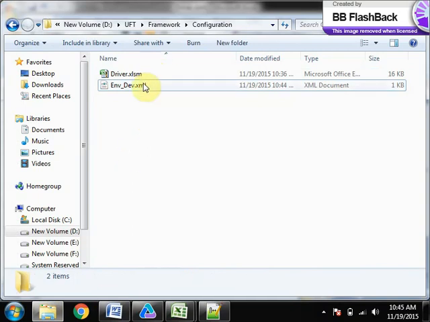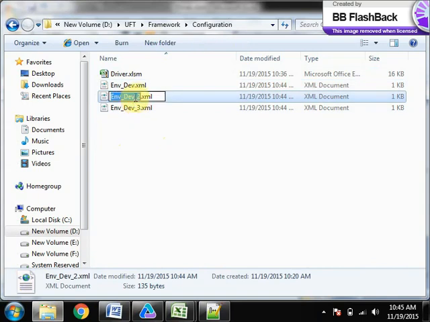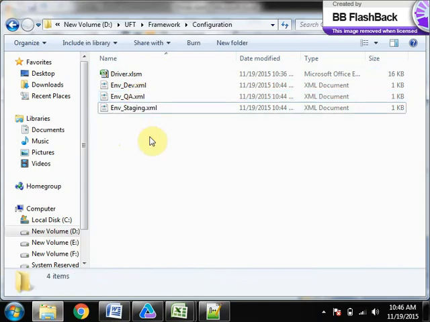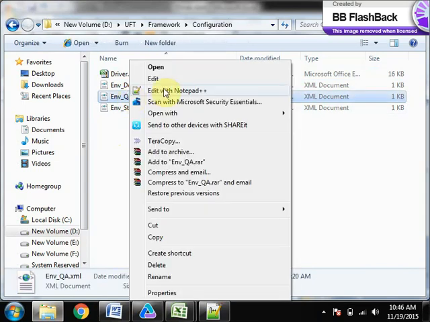All three environment variable files will have the same parameters, but the values will vary depending on the environment. Env dot, I'll say staging.